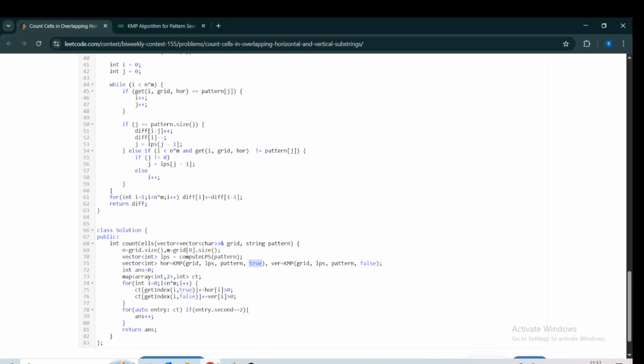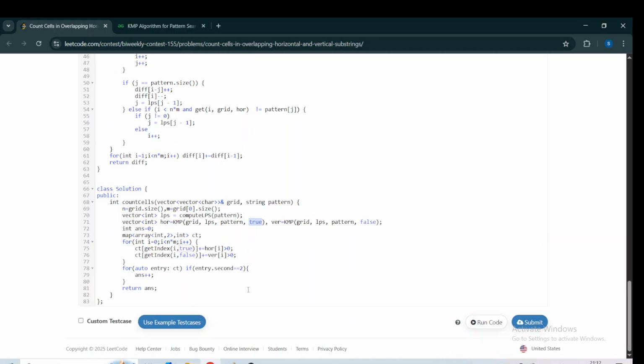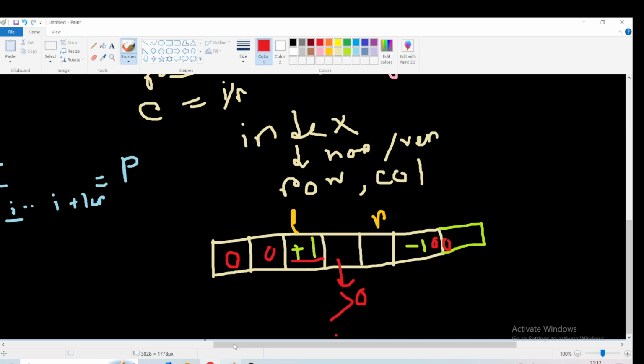Now you might think that I also thought that, and that's why I got a wrong answer, in the example test case. What I thought is that I can check if both horizontal of cell i and vertical of cell i are greater than 0,